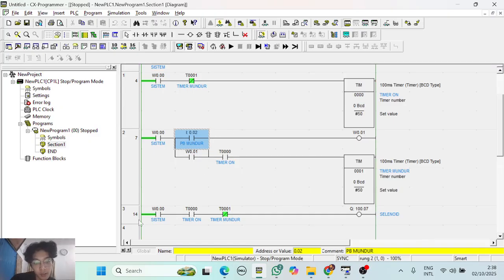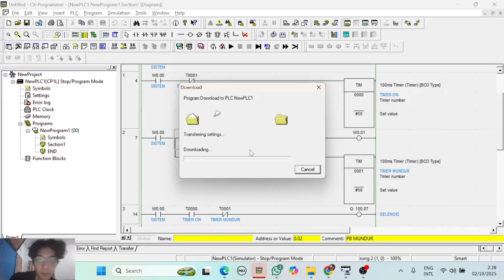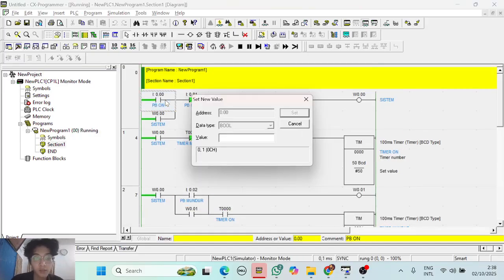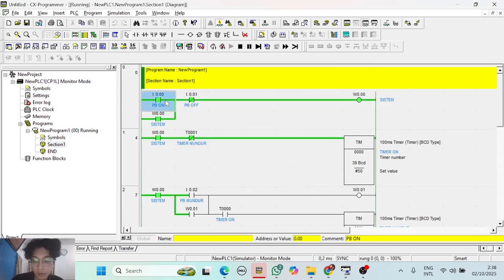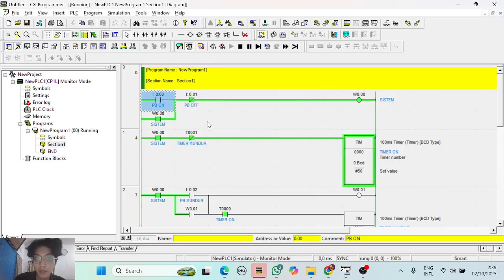Okay, we can run the system. First we add some value on PB on. Okay, we turn it off, the system is still on because the status of output system is on.